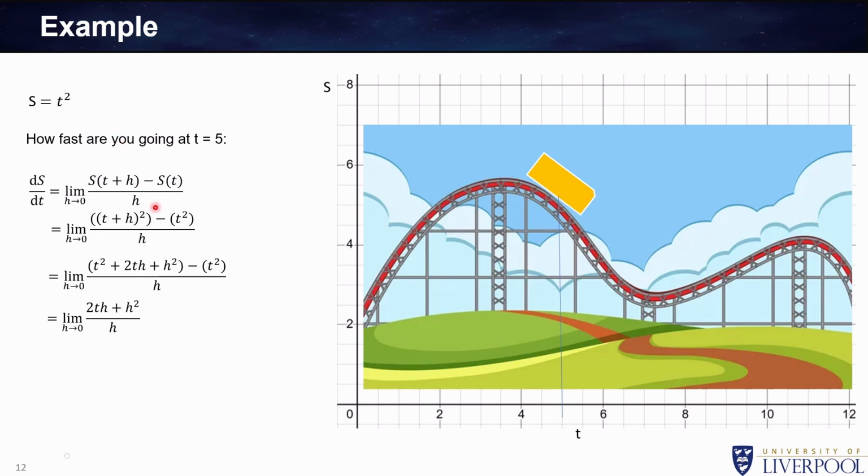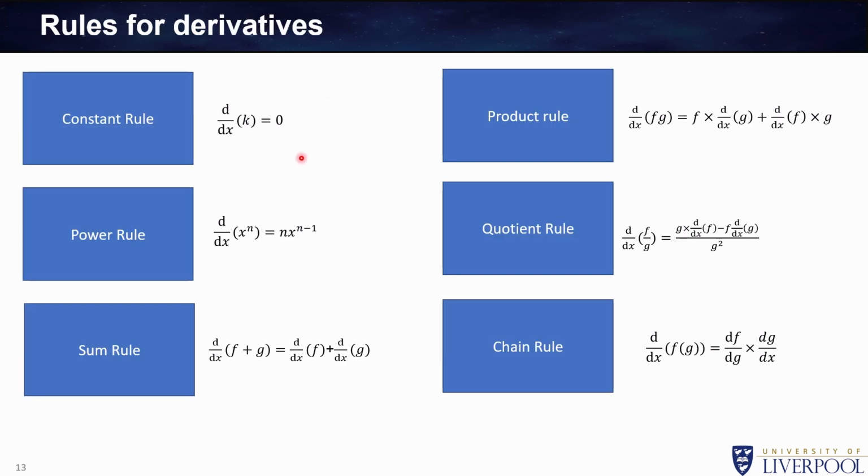If we replace this function in our formula, when h tends to 0, we're gonna have that our derivative is 2t, and replacing the value of 5, we're gonna have the change in distance with respect to time at t equal 5 is equal to 10. And of course, you're not gonna have to go through the process we just went through,